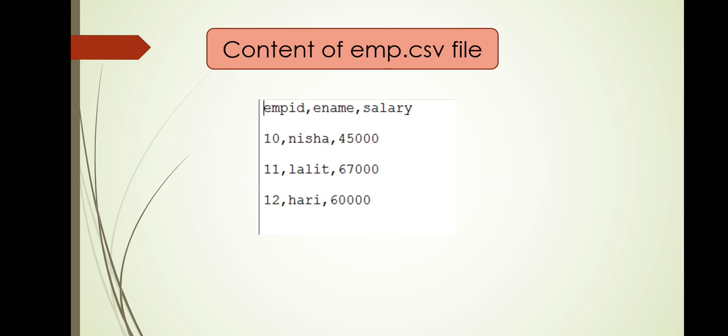Now let's suppose these are the content of my CSV file. As you can see over here, this file is having the end of line characters. End of line translation is there in this file. So when we read this file, we have to specify the end of line character.